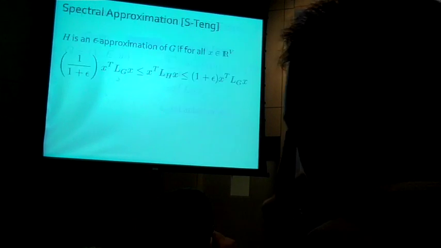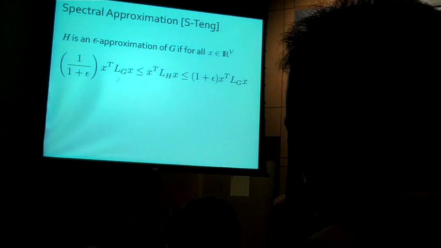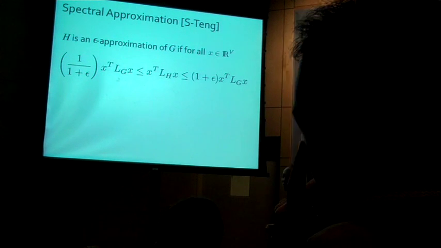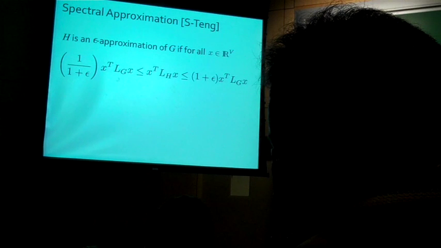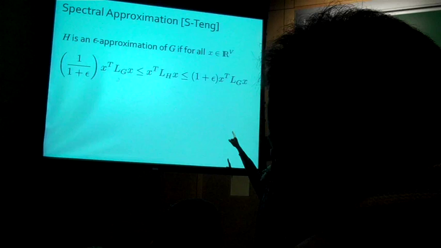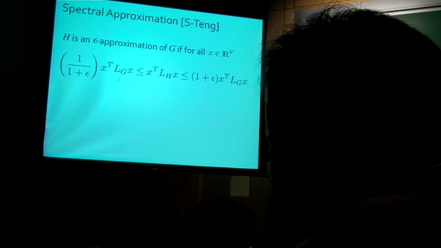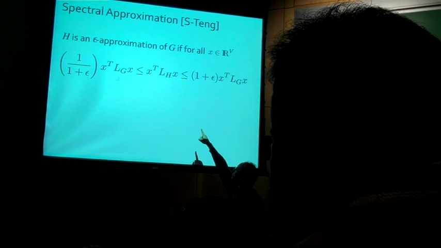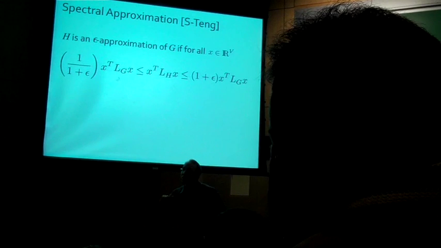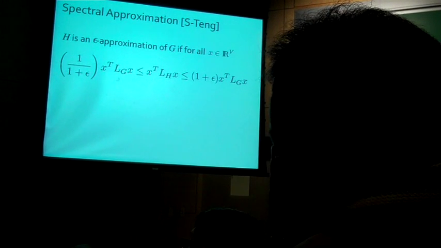For those who are impatient, let me just quickly tell you our notion of approximation. We will say that one graph approximates another, or is an epsilon approximation of it, if their quadratic forms are epsilon approximations of each other. Meaning, I'll say that H is an epsilon approximation of G if for every vector x on the vertices, the value of the quadratic form in H is within a multiplicative 1 plus epsilon factor of the value of the quadratic form in G. So it's a very strong notion of approximation that we're looking for.